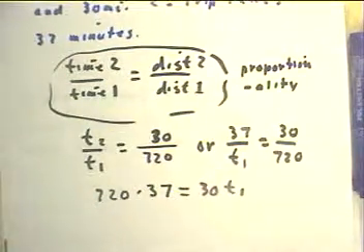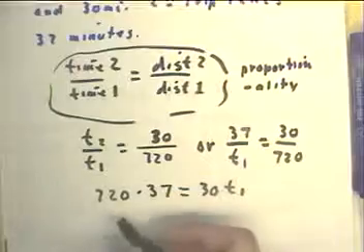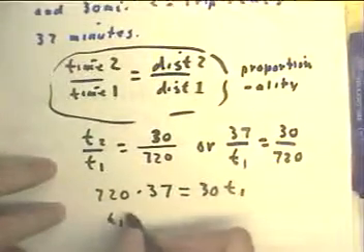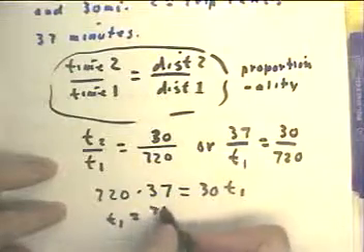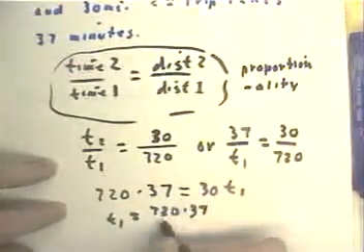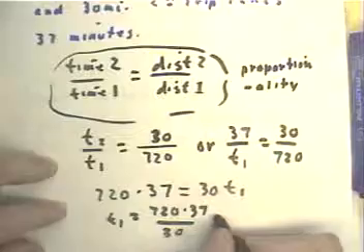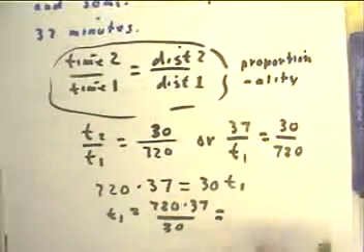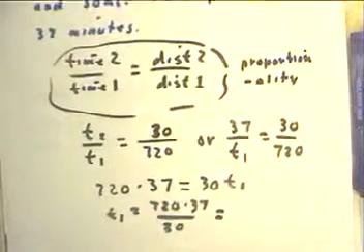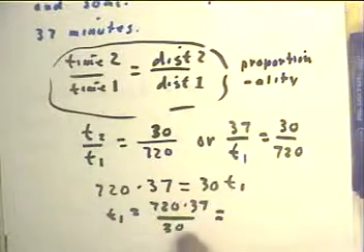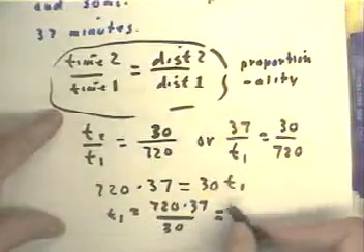And this is an equation that's easily solved for T1. Okay, now I could have multiplied these numbers out before dividing by 30, but it's really simpler to leave them in this form because we know 30 goes into 720 24 times, so this is 24